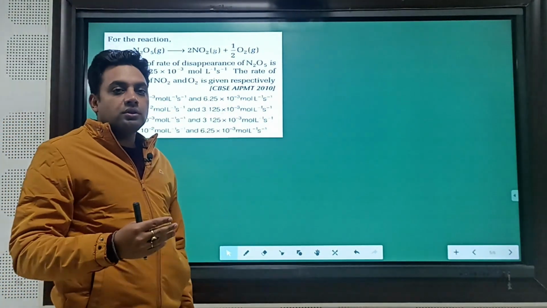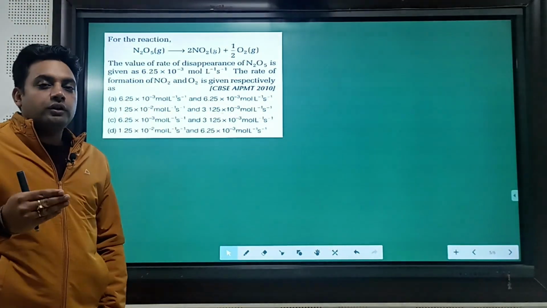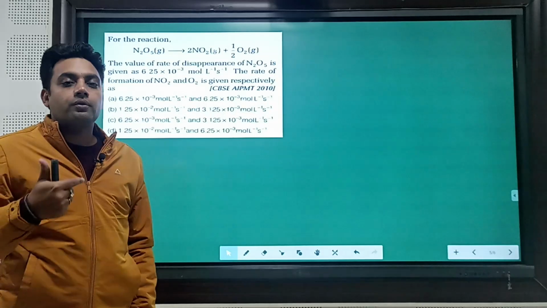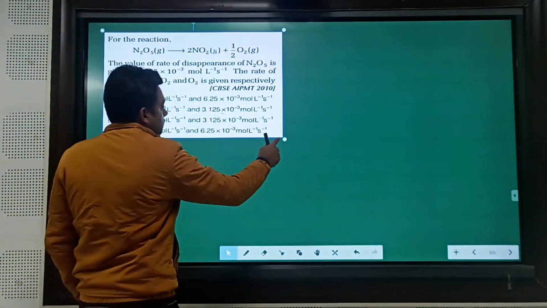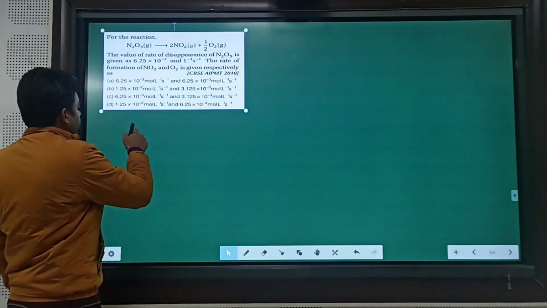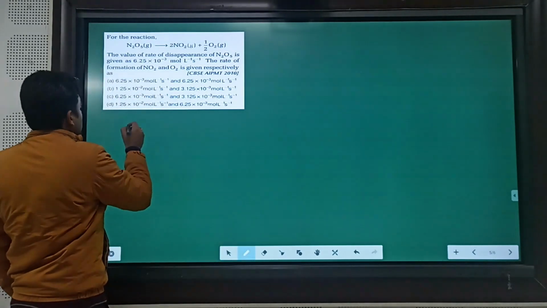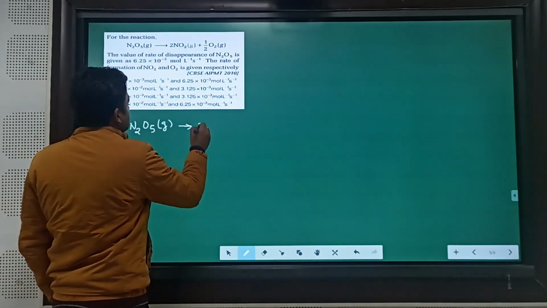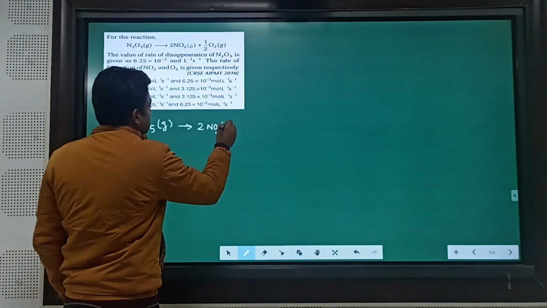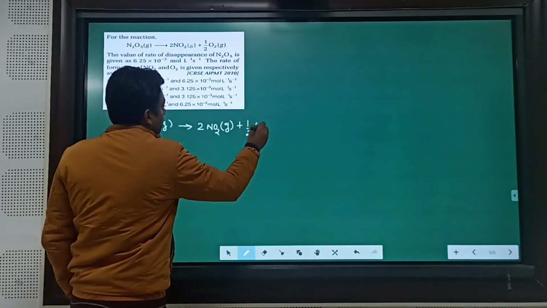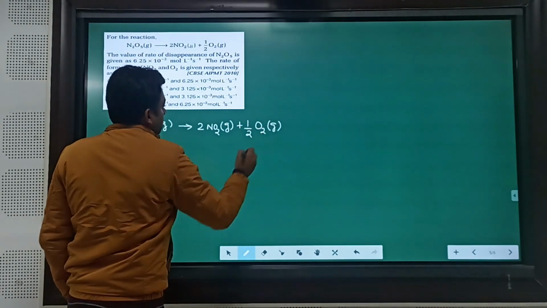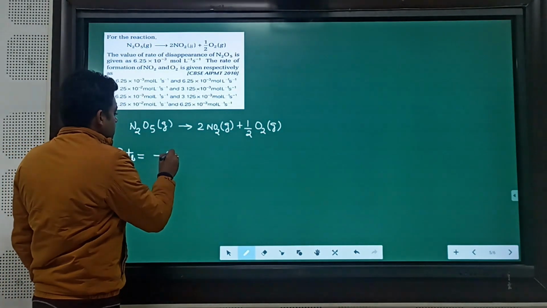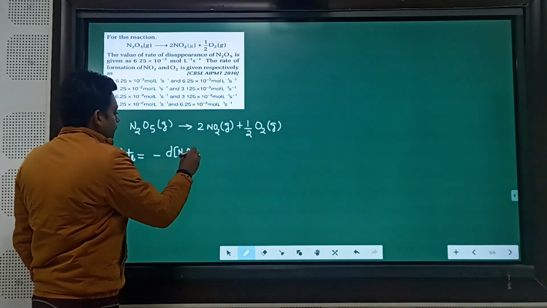So before solving this question, first of all we have to write down the rate of reaction in terms of the rate of disappearance of reactants and rate of formation of the products. First of all, write down the chemical reaction: N2O5 in gaseous state decomposes into two molecules of NO2 gaseous state and 1/2 of O2 gaseous. So first of all, the rate of reaction is equal to minus the rate of disappearance of N2O5